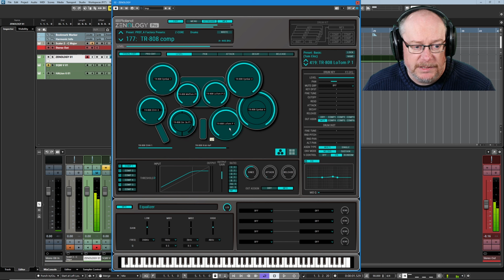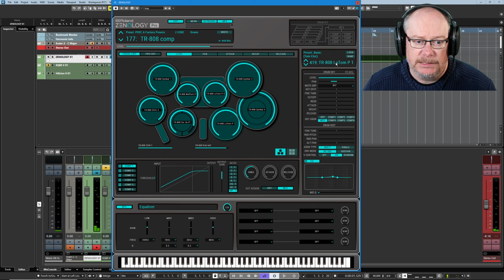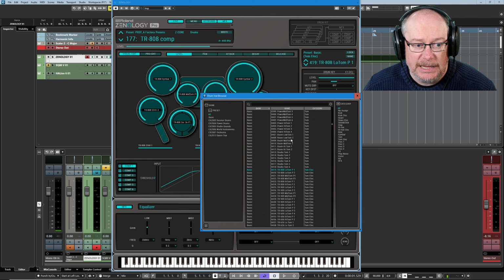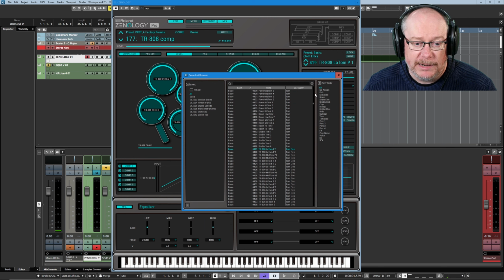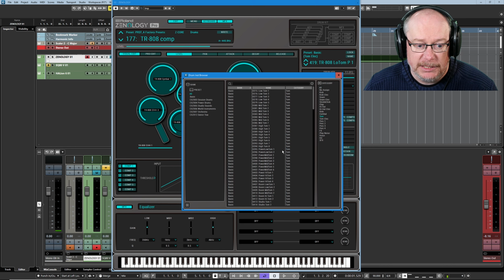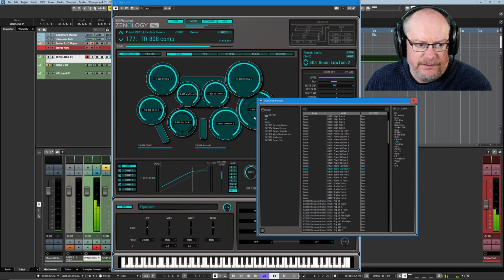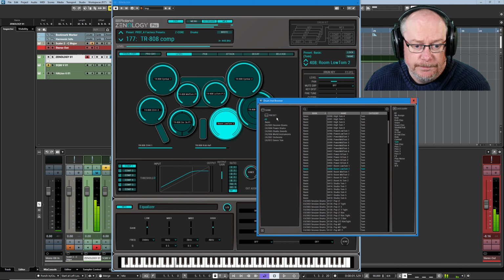Once we've selected one of the kit pieces, so let's select the tom, you can see that it gets highlighted in this information panel on the right hand side. If I click in its name, it opens a drum browser, through which I can select basically any of the alternatives that I want. So if I'm looking at a tom here, I can filter by just toms, and then it's pretty straightforward for me to preview through them